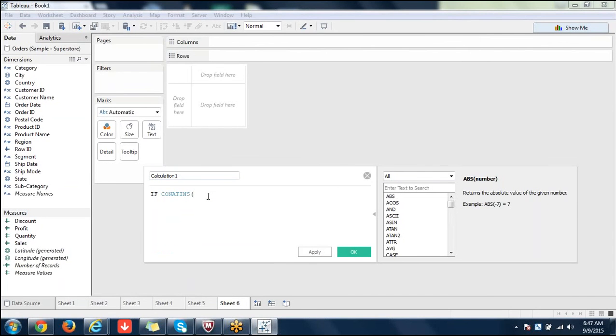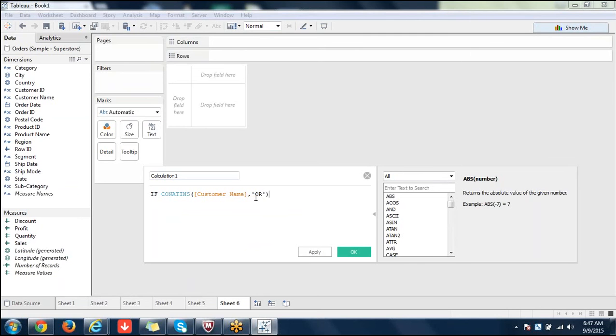Use one of the string functions on a dimension, for example customer name. It contains a substring, and you can name any string, AR, OR, whatever.